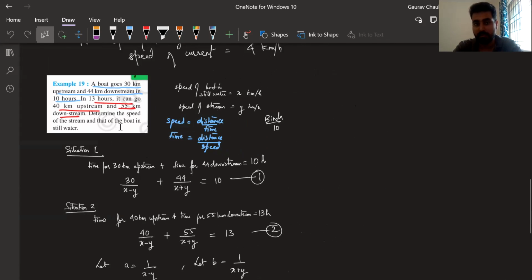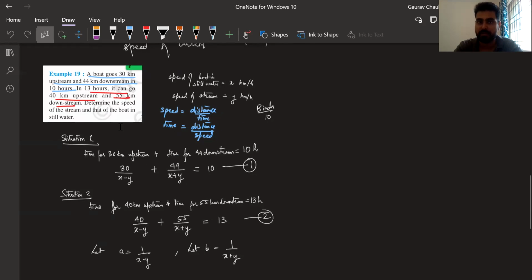Anyone has? I hope we are all good with this particular question, right? We are able to do it, get the answer. Give me a thumbs up if you were able to do it and get the answer. It's clear you're able to do it. Okay, anyone wants anything here in downstream, upstream to discuss? We are moving ahead to the second type of problem. If you unmute and tell me if you want anything to be clarified in the previous type, I'll wait for 5,